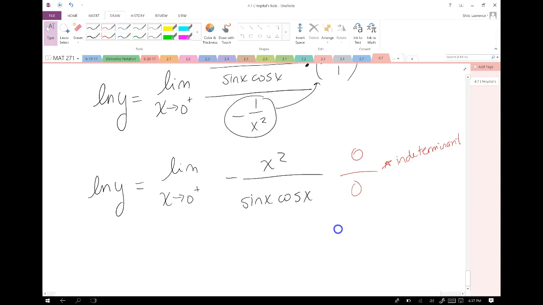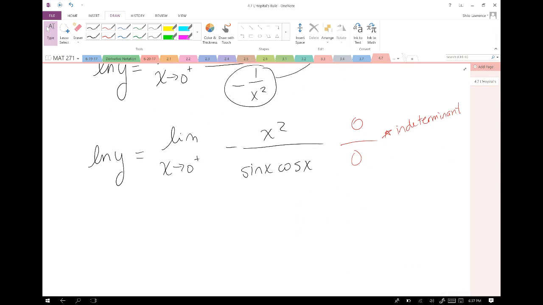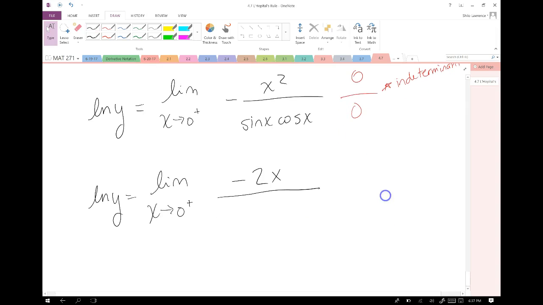We're just going to try it again. As long as it's still indeterminate, we can do it again. So the derivative for x squared is 2x. And then for the derivative of sine times cosine, we're going to have to do product rule. So I'm going to do the derivative of my first function times my original second function